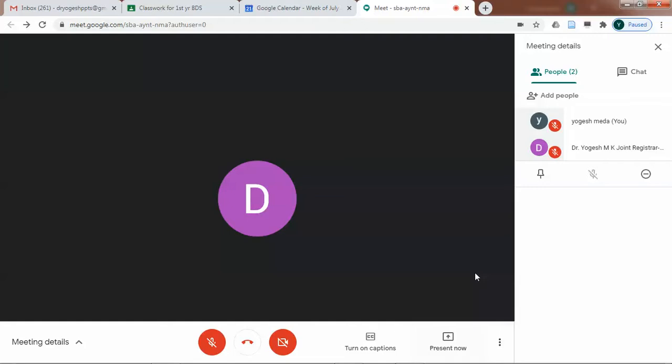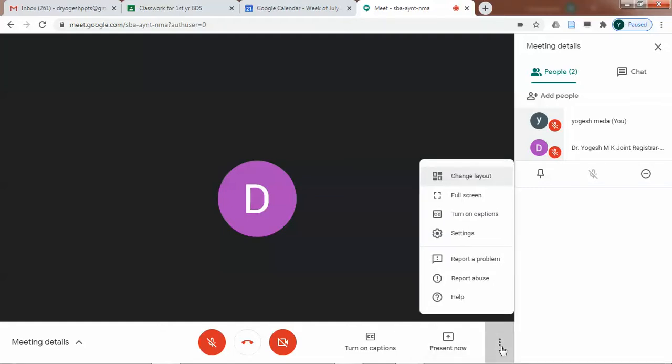Okay, and yeah, these are the basic things. If you are using your college account, the paid account with an official email ID, there will be one more option, which is to record the meeting, whatever is going on. When you click on record, your entire class will get recorded.